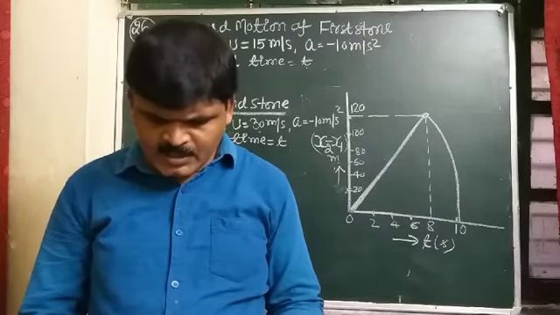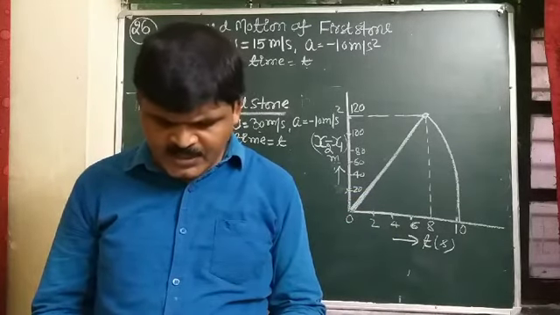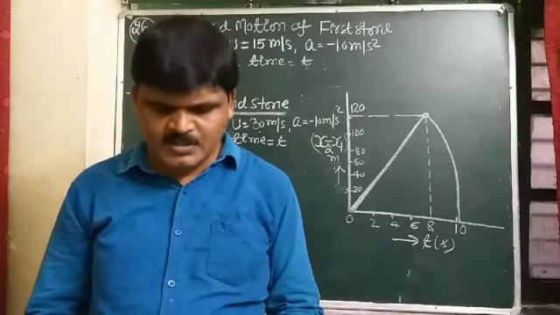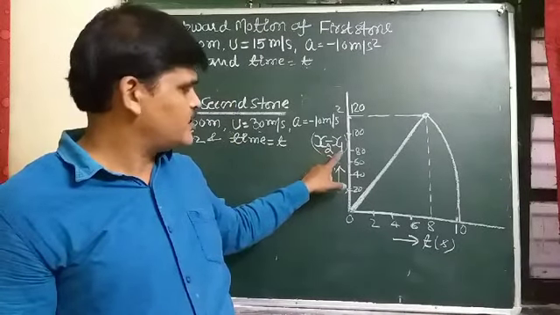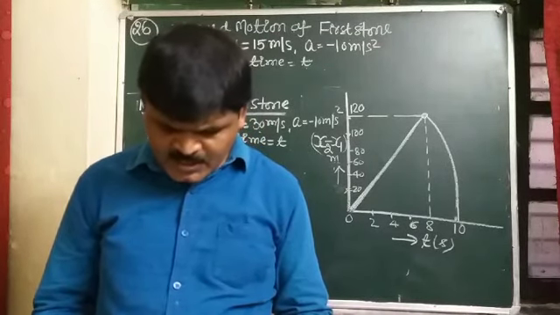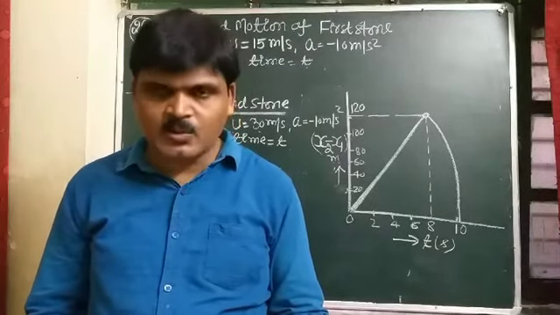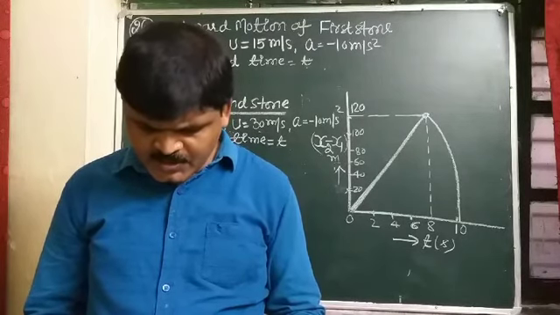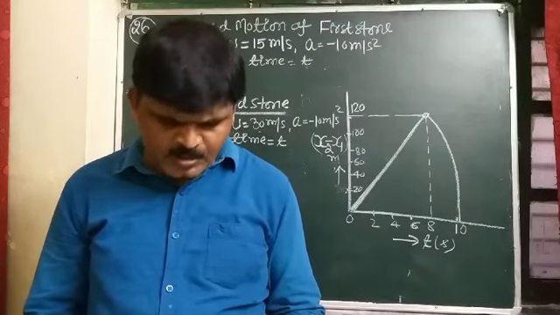Verify that the graph shown in the figure correctly represents the time variation of the relative position of the second stone with respect to the first stone. Neglect air resistance and assume that the stones do not rebound after hitting the ground. Take g equal to 10 meter per second square. Give the equations for the linear and curved part of the plot.